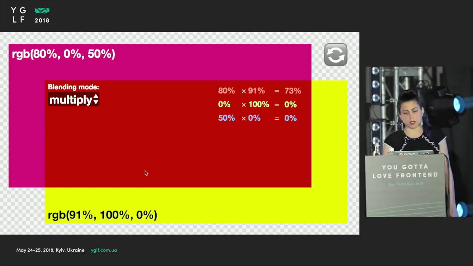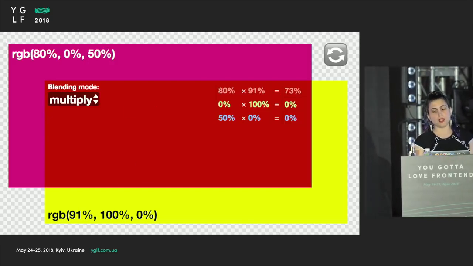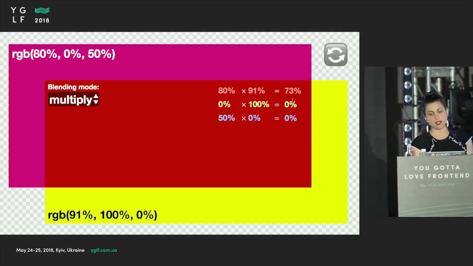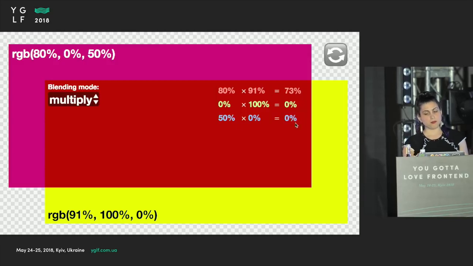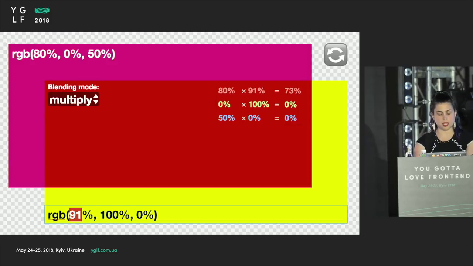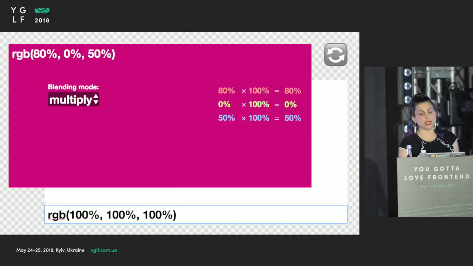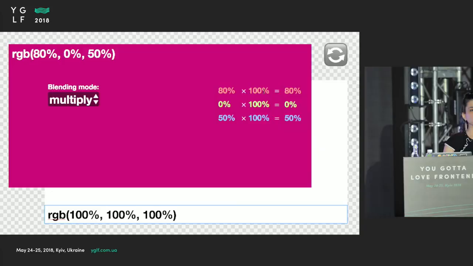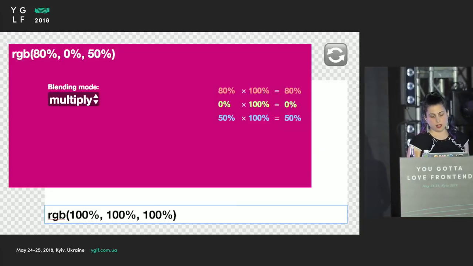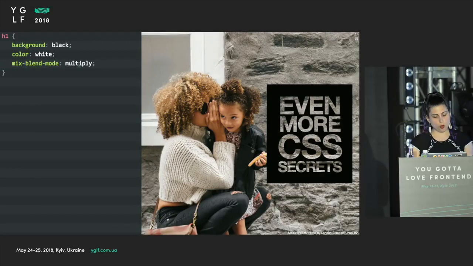Notice here that the color in the middle is produced by just multiplying the red components and the green components and the blue components. And this is the color we get, this column here. So what happens then if the color in the foreground is white, which is 100% everything? You can see that basically if you multiply anything by 100%, what do you get back? You get the thing you multiplied, right? So any color you multiply with white, you just get that color,